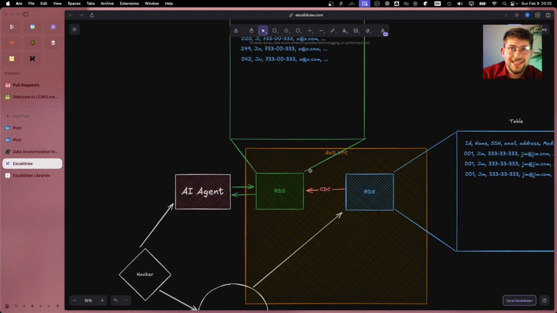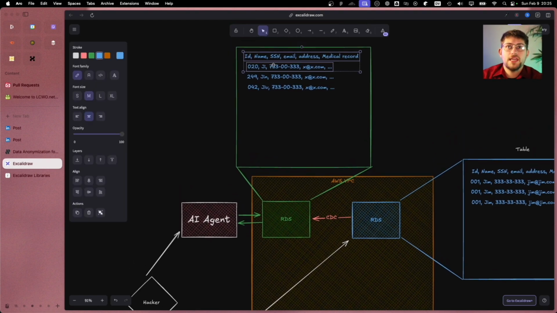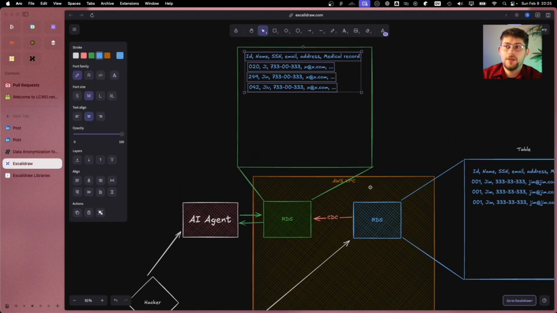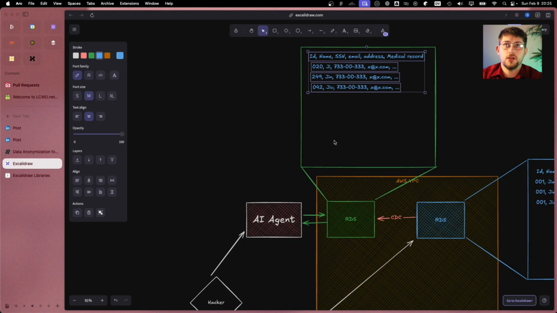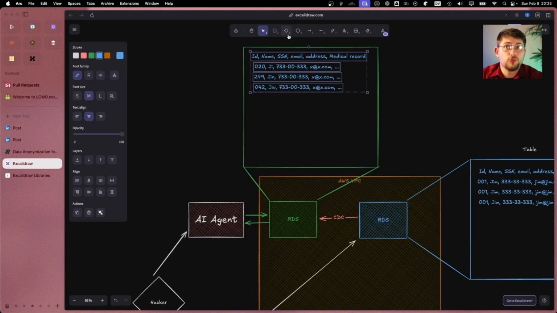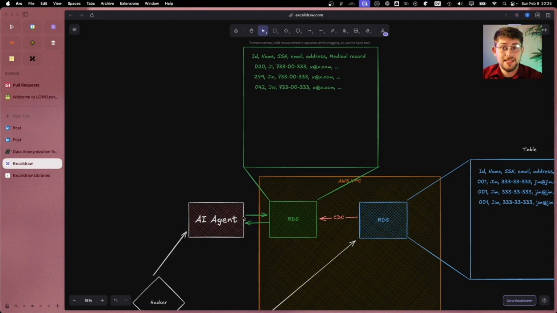Now we'll see something like this, where the data here has been replicated from the primary database over to basically a read-only database. This data is now anonymized, so as the AI agent is interacting with this stuff and changing it and doing its own thing, it's set in a way where it's safe.